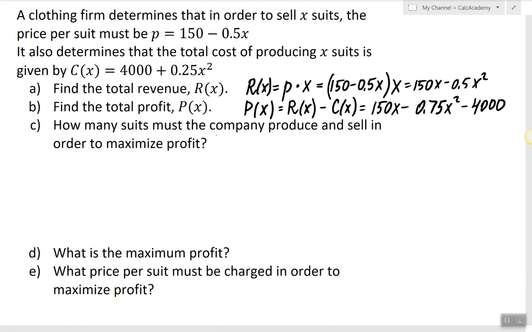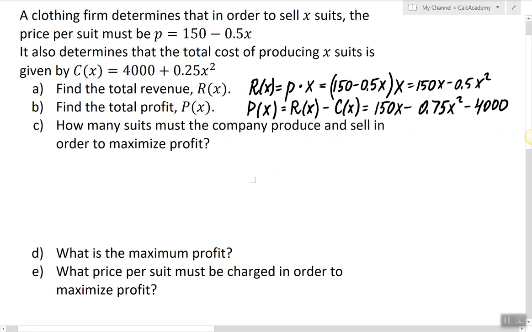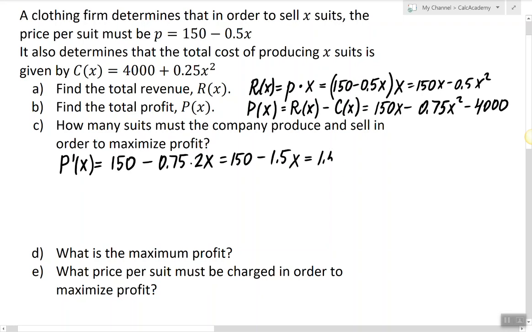So if I'm trying to find the minimum and maximum of a profit function, that means I have to find the derivative. So let's start by differentiating the profit function. So derivative of the profit will be 150 minus 0.75 times 2x, which can be distributed, or not distributed but multiplied, and we can factor out 1.5, or we can factor out negative 1.5 to get the following